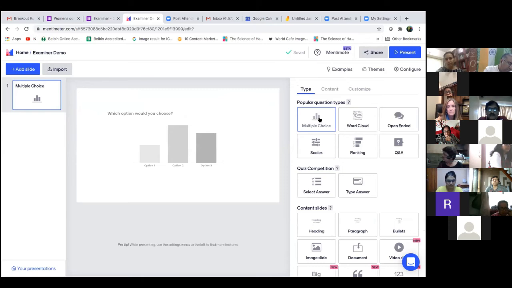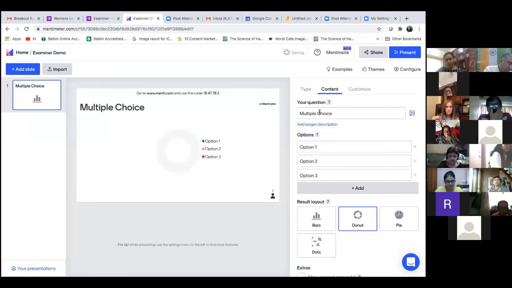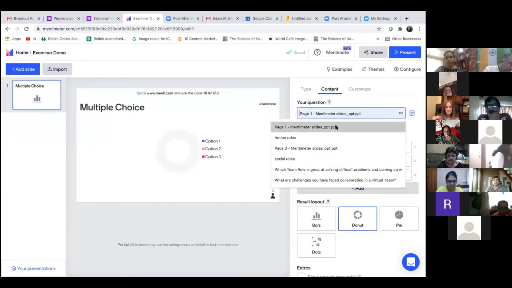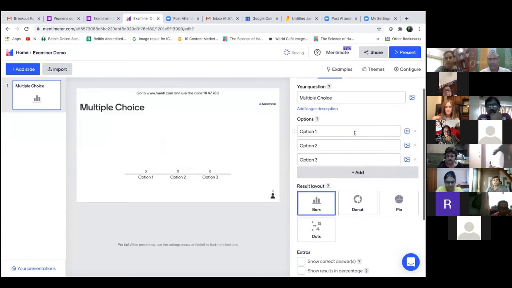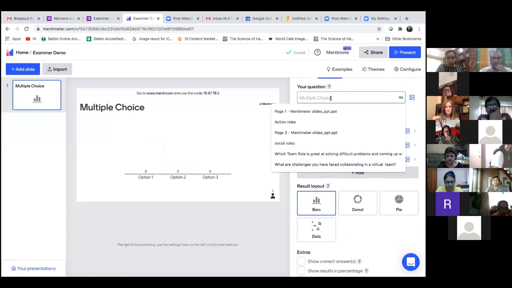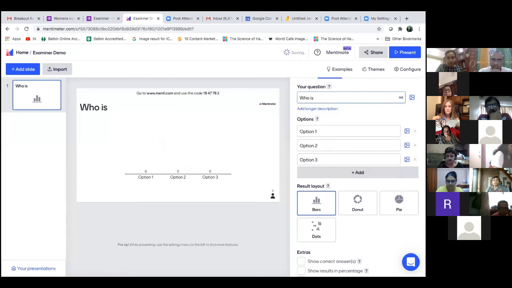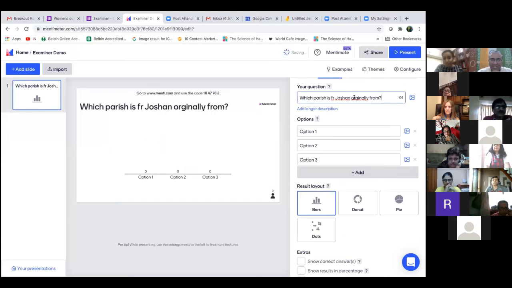Let's just try the multiple choice quiz, because this is what we had done last time also. And my options over here, say for example, and I want it in bars. Say my question is, which parish is Father Joshan originally from? Good question. And I'm going to put different options.